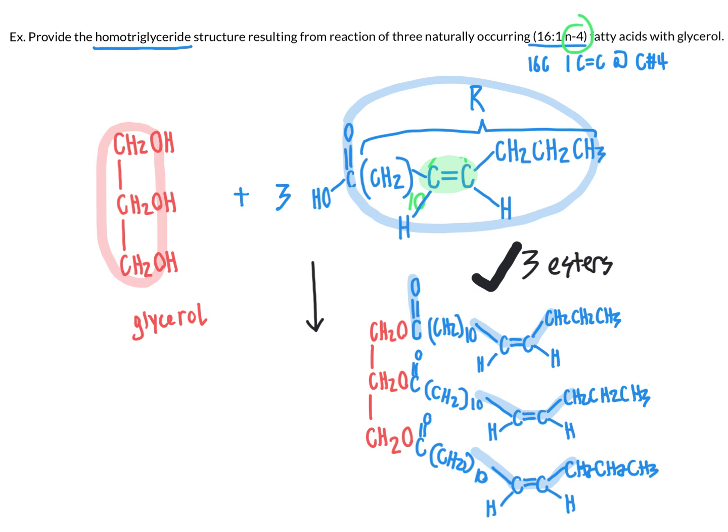Now, with this information in mind, if you are given some example fatty acids or given characteristics of those, you should be able to draw triglyceride products that will result from this Fischer esterification type reaction. Likewise, if you are given a triglyceride, you should be able to indicate what the structures would be of the fatty acids that were used to create that. Since this reaction is reversible, we can go back in this reverse direction. You should be able to take the structure of a triglyceride and tell me what fatty acids would that correspond back to. In other words, what would the structures be here, here, and here if we broke those away and